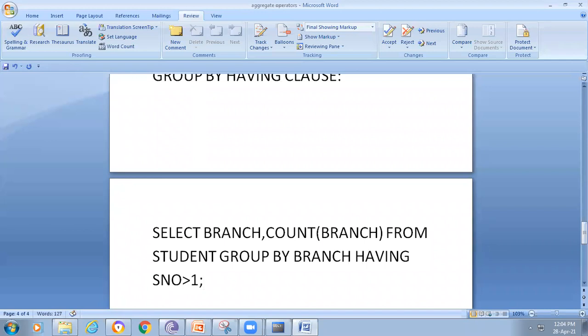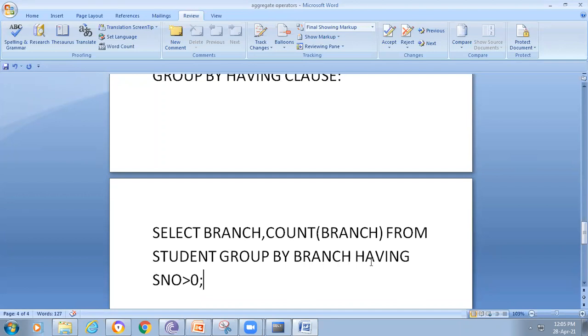That means it will be verifying the condition also. Here we are grouping the columns, and at the same time, based upon one condition, if that condition is satisfied, only then are we able to combine. If I am giving greater than 0, then you can combine this branch and count.